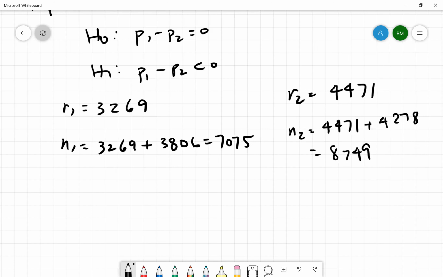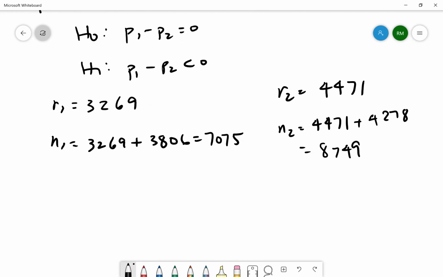Okay, so remember that in order to do the hypothesis test, we have to verify that P bar times N1 and Q bar times N1, P bar times N2, and Q bar times N2 are all bigger than 5. So we need to actually calculate what P bar is equal to. And it's R1 plus R2 over N1 plus N2. In other words, it's